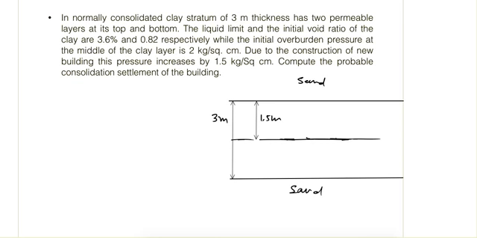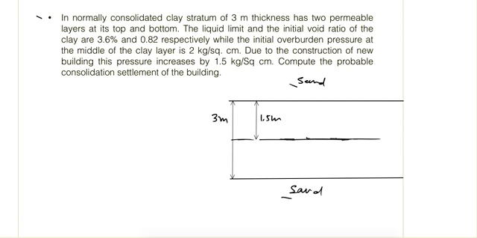Let's see some problems based upon the consolidation theory. This is the first problem that I took. It is in a normally consolidated clay stratum of 3 meter thickness. It has two permeable layers at its top and bottom. So sand layers are there at top and bottom for the double drainage, and the liquid limit and initial void